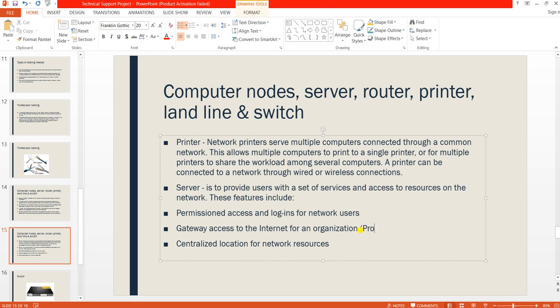This is more of your proxies, where the proxy works on your behalf in order for you to access the internet. A centralized location for network resources. For instance, maybe we have a